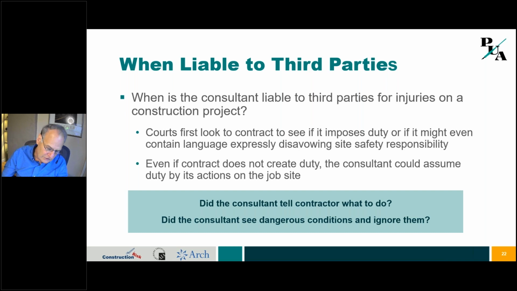You see somebody in an unshored trench that's basically sandy soil and he's 10 feet down. If that thing collapses, somebody's going to die. And at that stage, the courts have said, look, the designer needs to stop the work. Tell the contractor, stop the work. And if you do that, that's great. You've saved a life. You don't want the court to say, now you are responsible for all the site safety